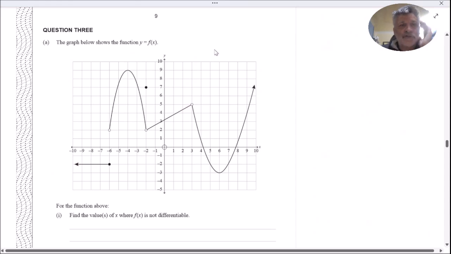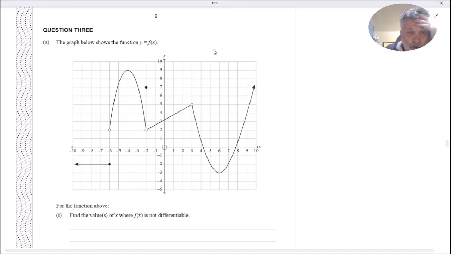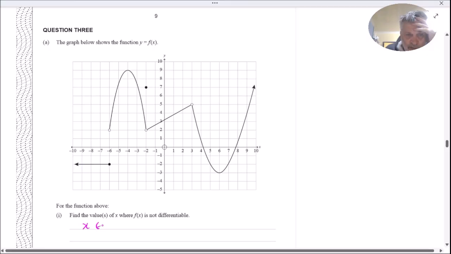Question 3. The graph below shows the function y equals f of x. For the function above, find the values of x where f of x is not differentiable. So it's not differentiable when we've got holes, or jumps. So we've got a jump here. So it's not differentiable if x is in the set